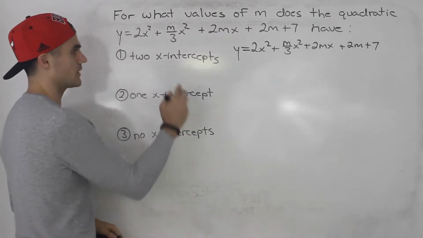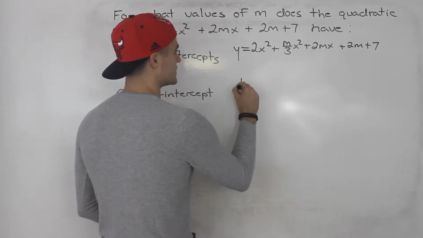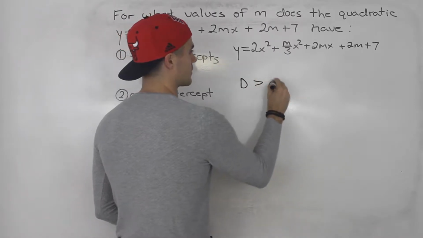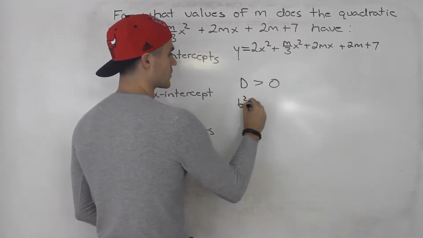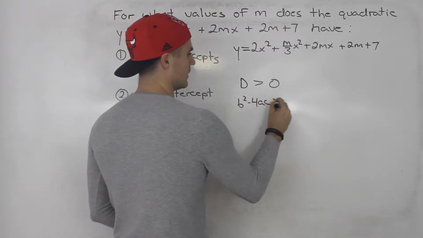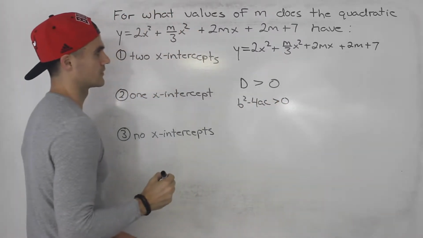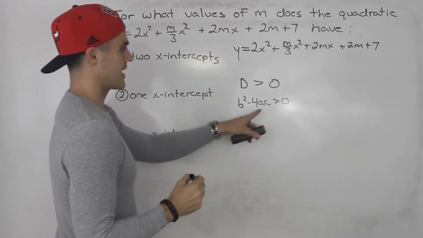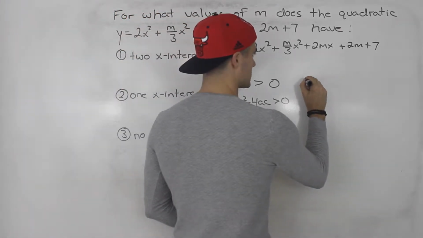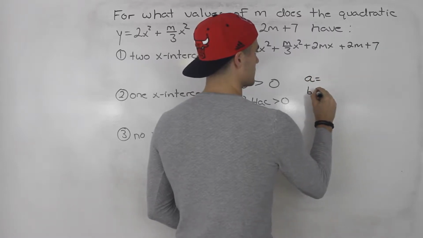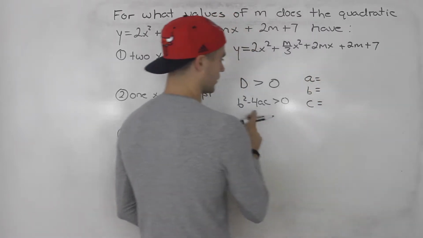If there are 2 x-intercepts, we know that the discriminant is going to be greater than 0, meaning that b squared minus 4ac is going to be greater than 0. Question is, what's the a value, what's the b value, what's the c value that we're going to plug into the